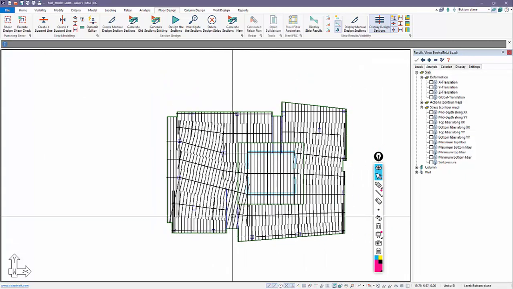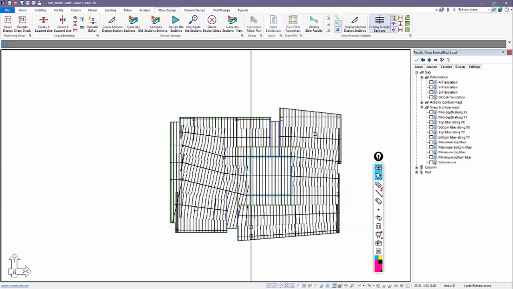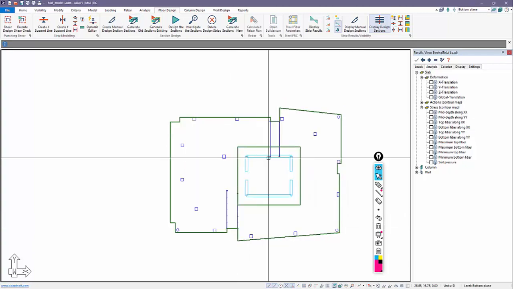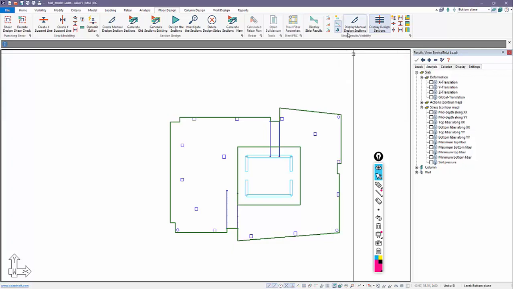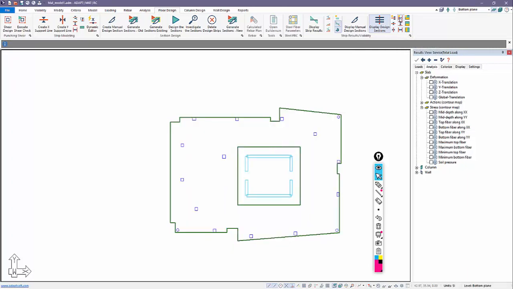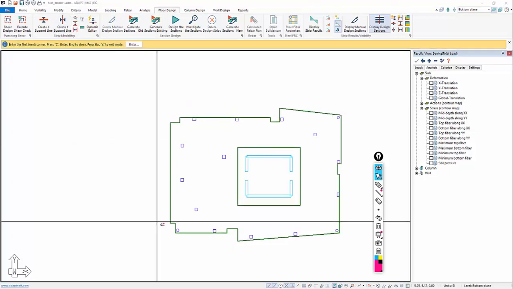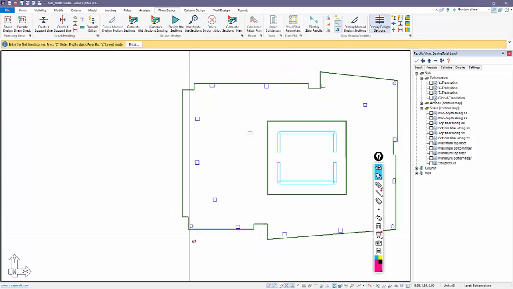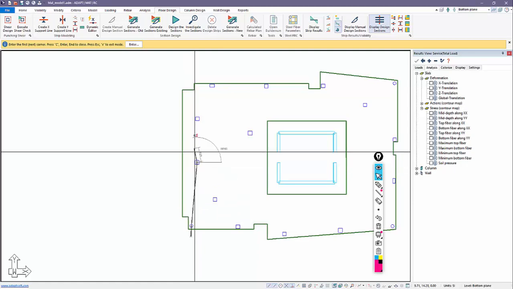Again, if you don't like the way that the middle strips are produced from the automatic generation, we can turn that off and just draw in our own support lines for middle strips. We're now going to turn off the visibility. I'll use this option here from strip results / visibility. We'll turn off the visibility of the design strips and also the splitters. And I need to do the same thing really in the X direction. So we're going to generate Y direction strips.